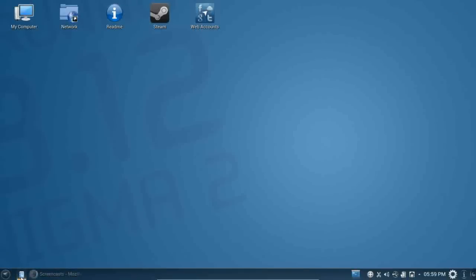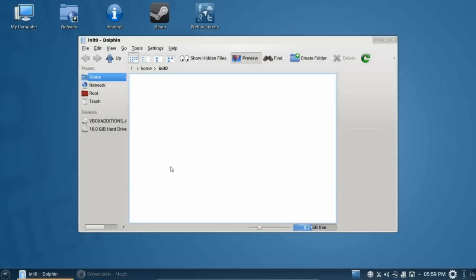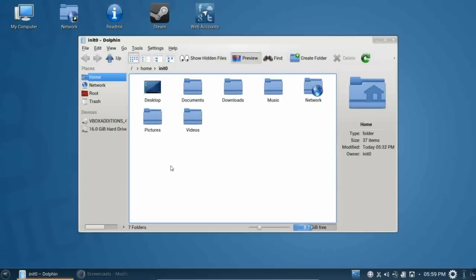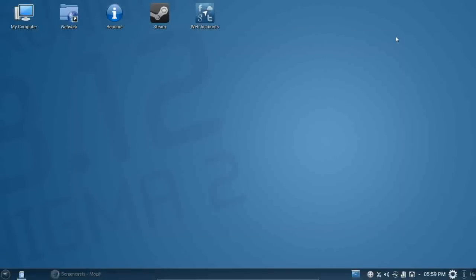Moving back along, there is a shortcut for Firefox, which is the default web browser. There's a shortcut for your file manager, which is Dolphin, which is one of my favorite file managers out there. It's a very advanced, highly configurable file manager with a nice icon theme, in keeping with their nice blue theming